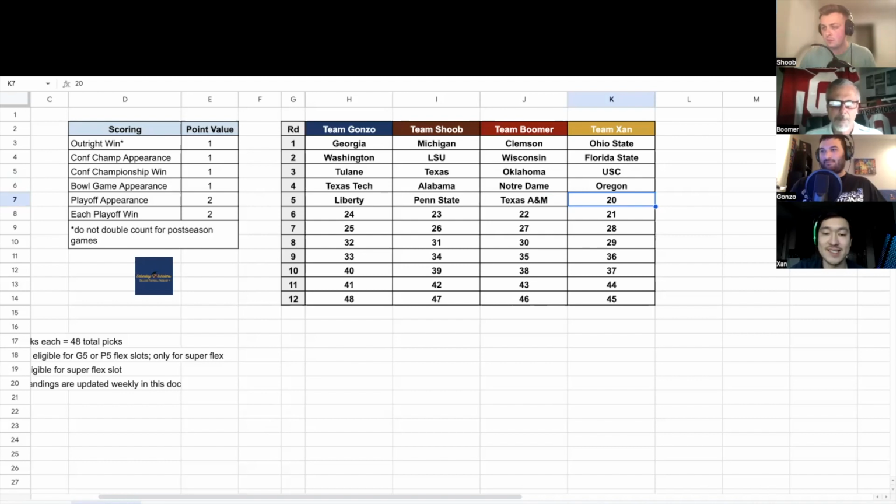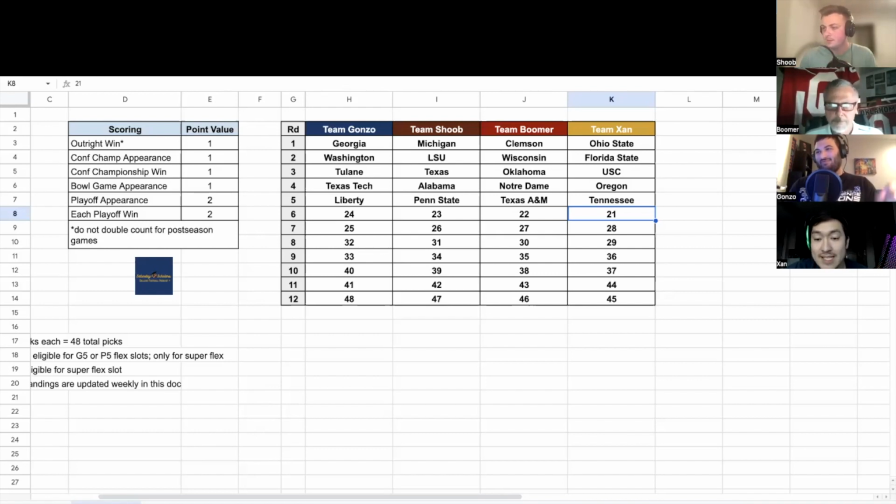I will say I don't have an SEC team either, and there's a clear drop-off after this last team. So even though they're probably not a conference championship team, I can probably get myself some wins in a New Year's Six bowl potentially, or at least a bowl win. Going for Tennessee here. Great value. I lied. Penn State and Tennessee were the 2 teams that I had left as potential conference champions for the Power 5. Good value on Tennessee there at number 20. But Joe Milton, that could be a rodeo. My other options were Kentucky, Arkansas, or Ole Miss, basically, for the SEC.